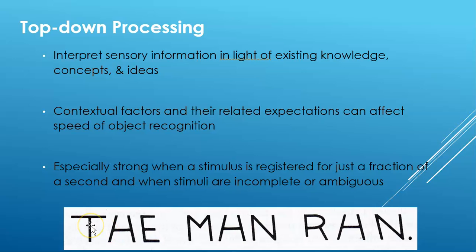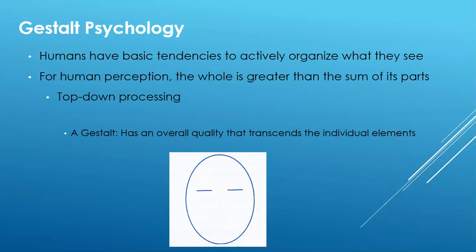Whereas if we were doing bottom-up processing, then you wouldn't be able to read this as fast because you'd be like T, and H, E, and then M, H, N. That doesn't make sense. So you've got to kind of step back and look at the whole thing in order to understand this sentence. So this is what this last point is really talking about. The top-down processing is especially strong when stimuli are incomplete or ambiguous because your brain kind of wants to fill in the gaps. So now that we know the two types of processing, we're going to switch into learning about